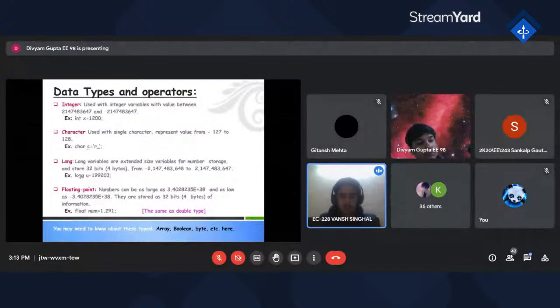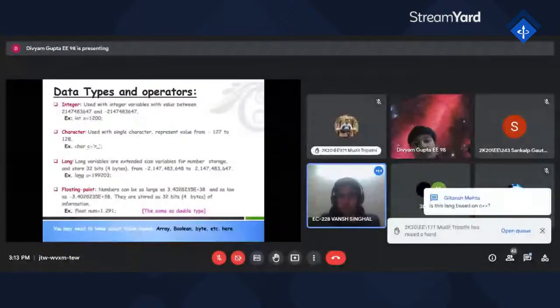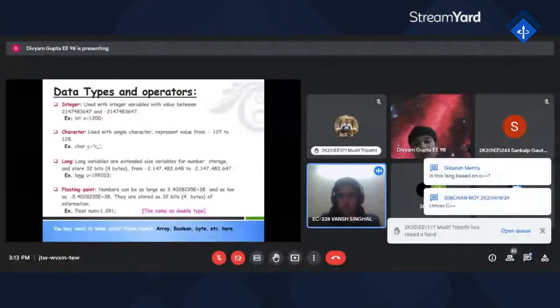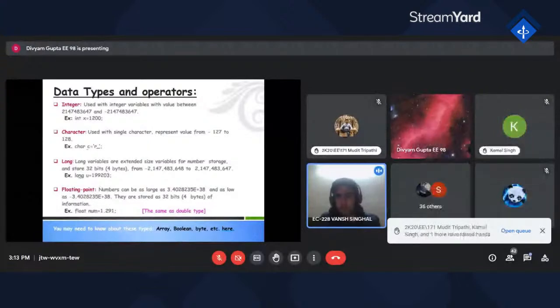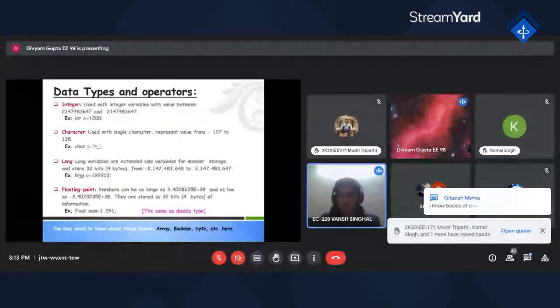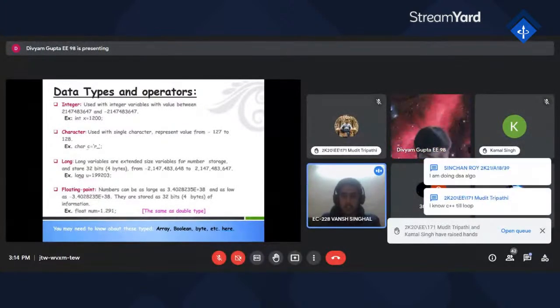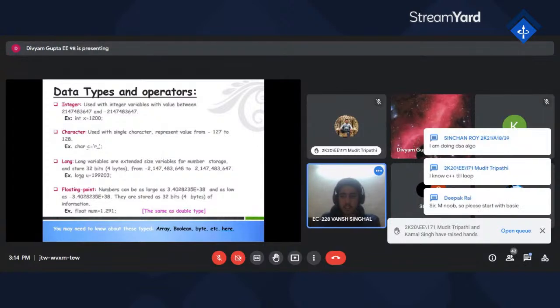Before proceeding, tell me who has done C++ before, or who is aware of C++? It's a bit based on C++, so you'll easily be able to understand. No worries, great.